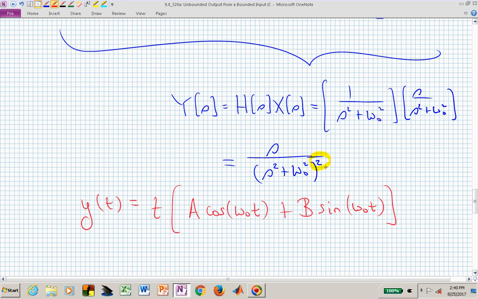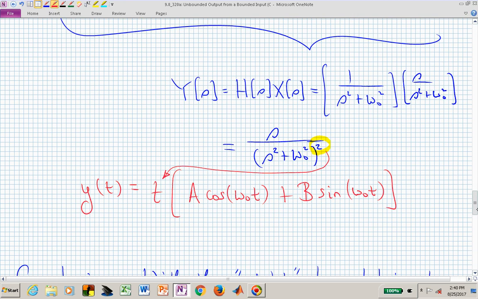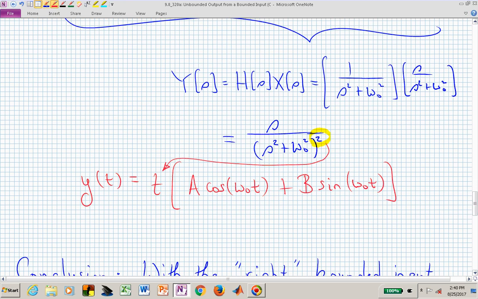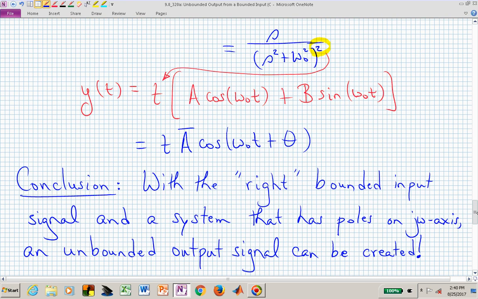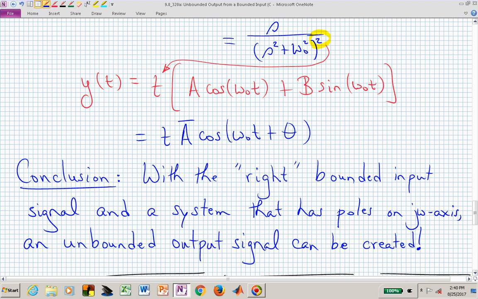But because of this repeated pole, that says put a t in front of it. Or you could say that we have t, let's say bar cosine omega naught t plus theta, because we know a combination of cosine and sine is really a single cosine or a single sine with a phase shift. Our conclusion then from this discussion is that with the correct bounded input signal, and that